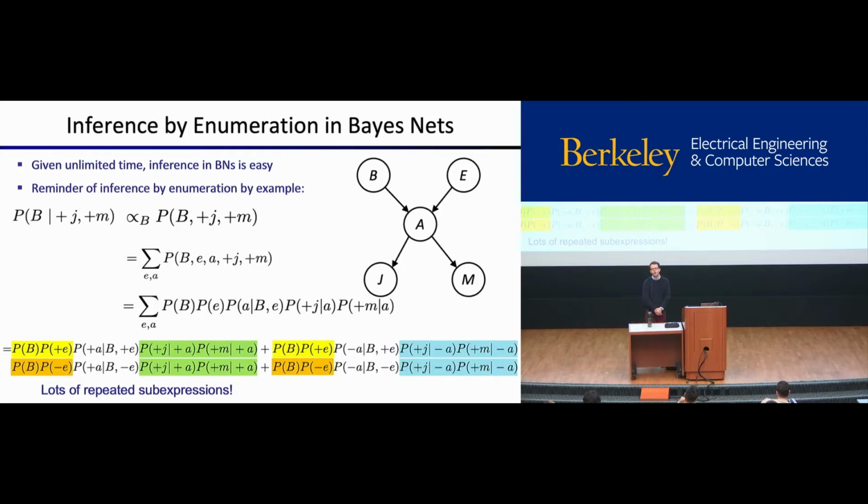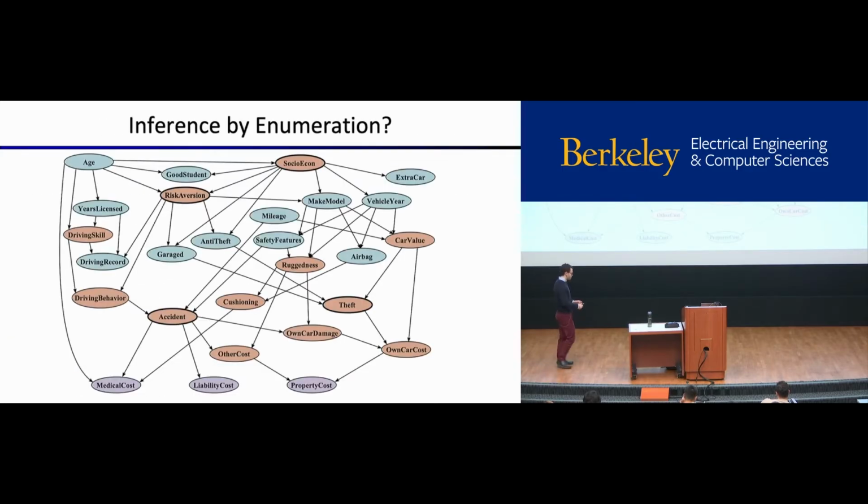Now you might think, why do I have to cache the results? There are only 4 things that I'm adding together, and only 5 different terms being multiplied together. That's not that big. But let's go back to our car insurance example, where we have a lot more nodes. If you're multiplying out all of these different distributions together, I don't know how many nodes this is, it looks like maybe 24. So now you're going to have to multiply 24 things together, and then sum over all the orange variables in order to get your results. So this is going to get really big really quick, and we'll get to how big it gets later.